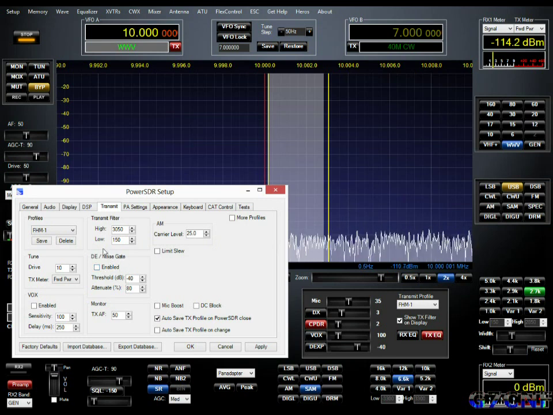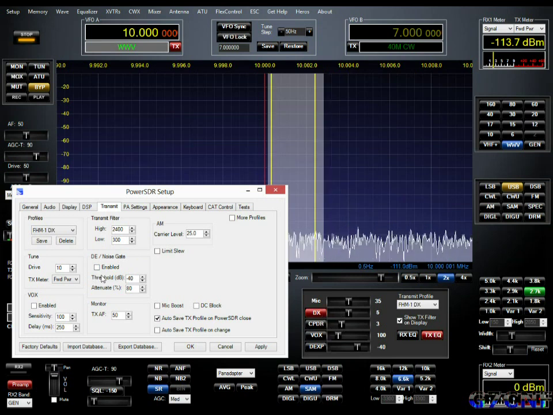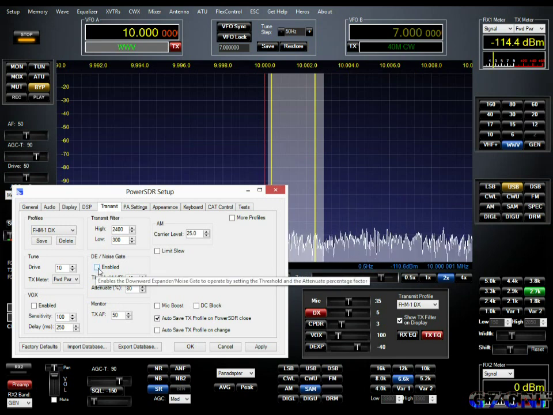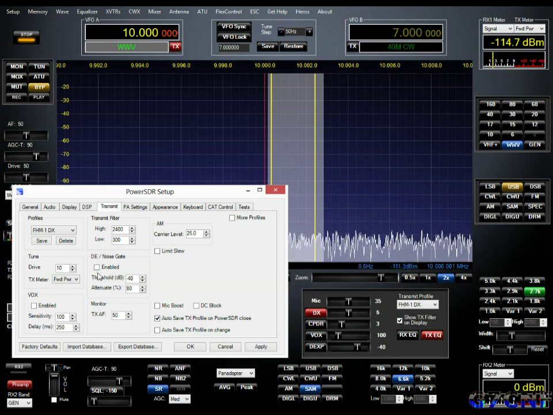The downward expander slash noise gate. Now, as far as I know, this is unique to the Flex still at the moment, and is incredibly useful, especially if you have a noisy shack. A downward expander, basically what it does is a bit like a reverse compressor, in that when you're speaking, your speech operates at a particular voice level, and depending of course on what kind of speed you have the ALC